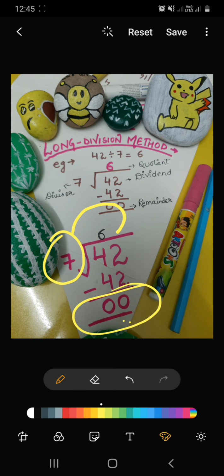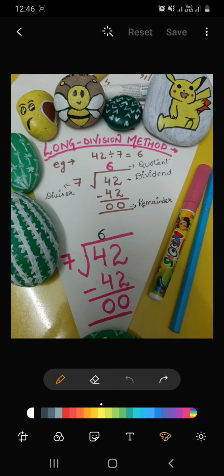It is not necessary that the answer is always zero, because you are in second standard and you have started the topic, a new topic, division. So we are teaching you a division of zero remainder. Okay, so here children you can see some terms are there.